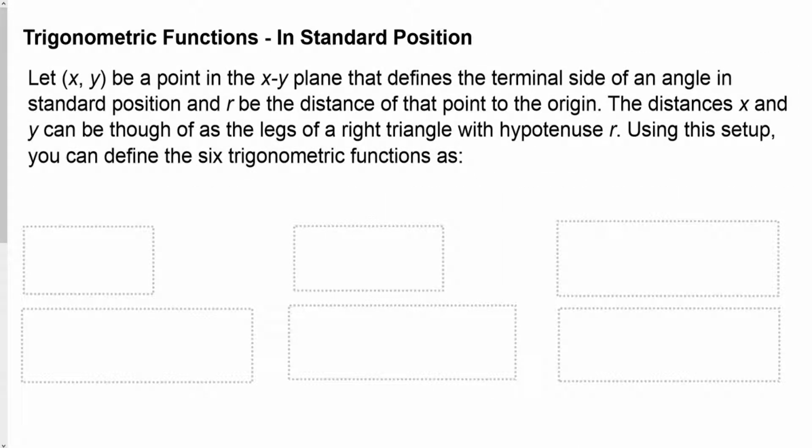So we let (x, y) be a point in the xy plane that defines the terminal side of an angle in standard position, and r be the distance of that point to the origin. The distances x and y can be thought of as the legs of a right triangle with hypotenuse r. Using this setup, you can define the 6 trigonometric functions as